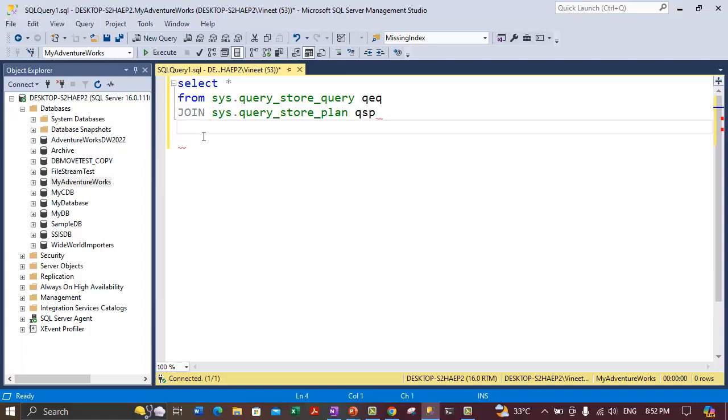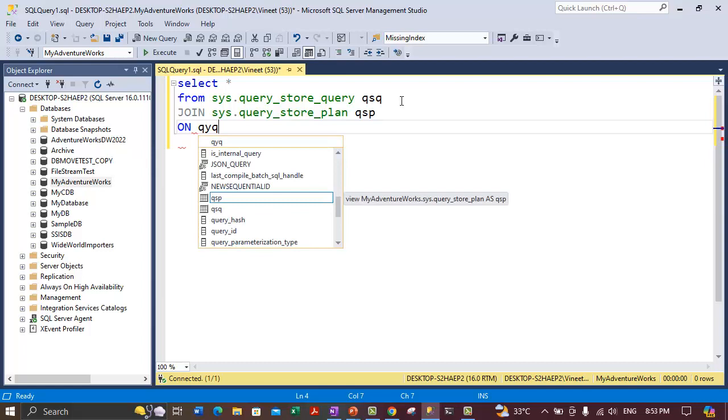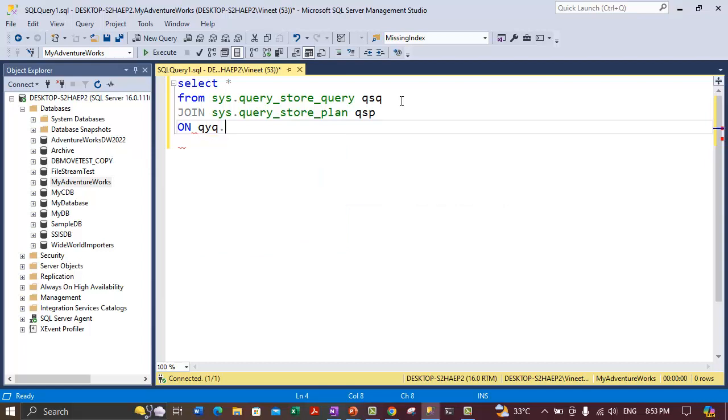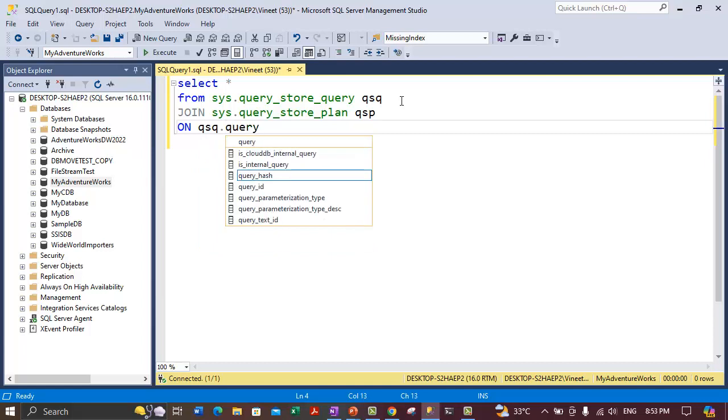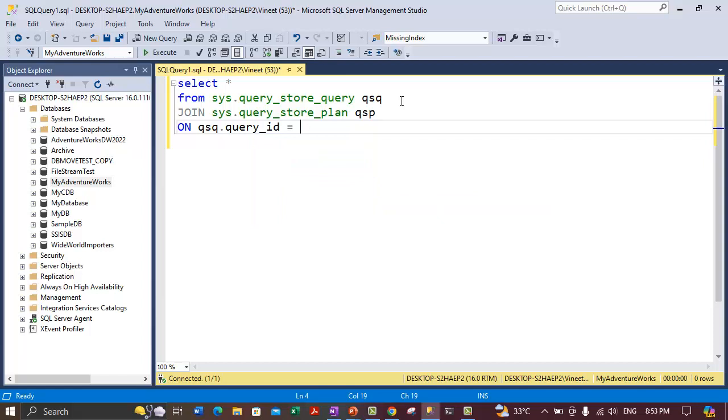We are joining both of these dynamic management views on QSQ.query_id,